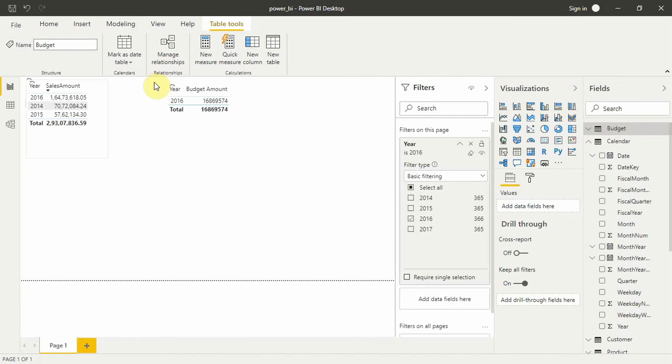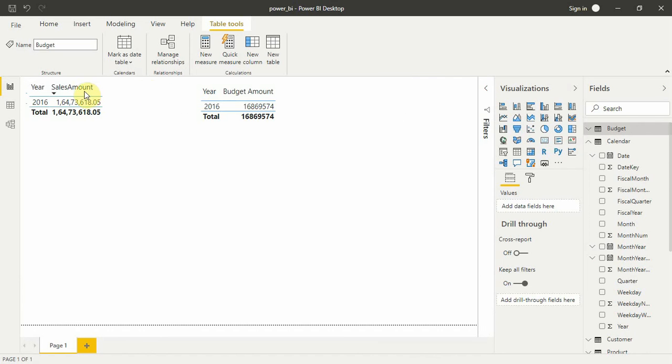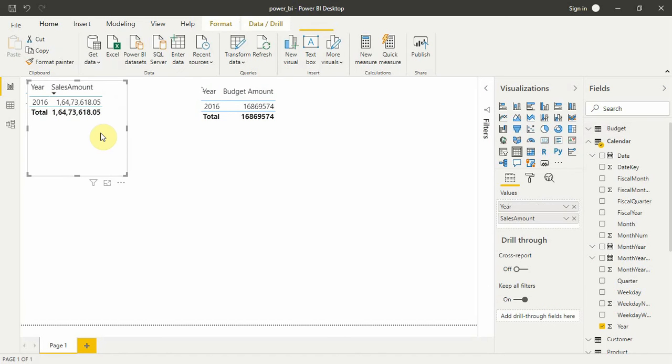As you can see, both the tables are filtering right now. Perfect. So now you can see that both have 2016 only. So I have showed you how fields work. I have showed you how filters work. Let's slice and dice it more. Okay, guys, what do you want to add to this? What can we add to this?